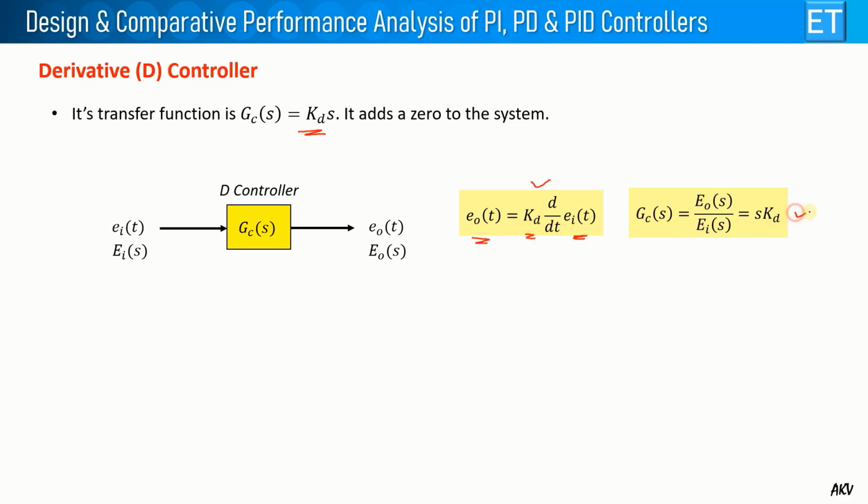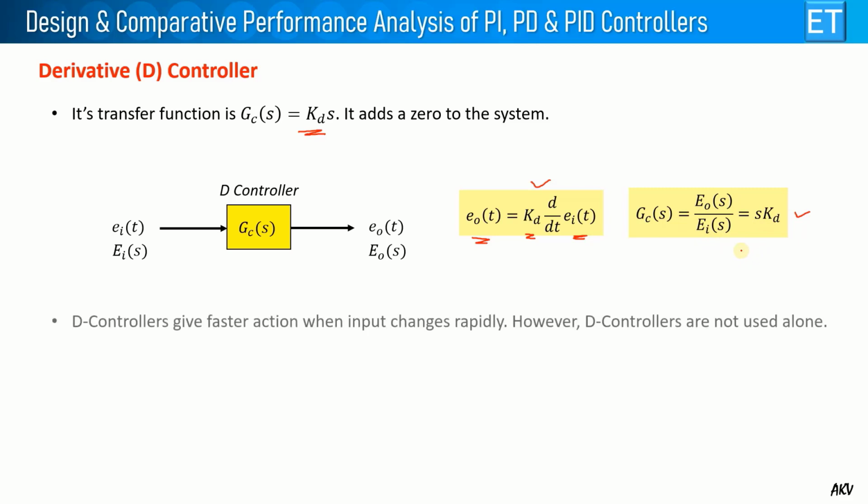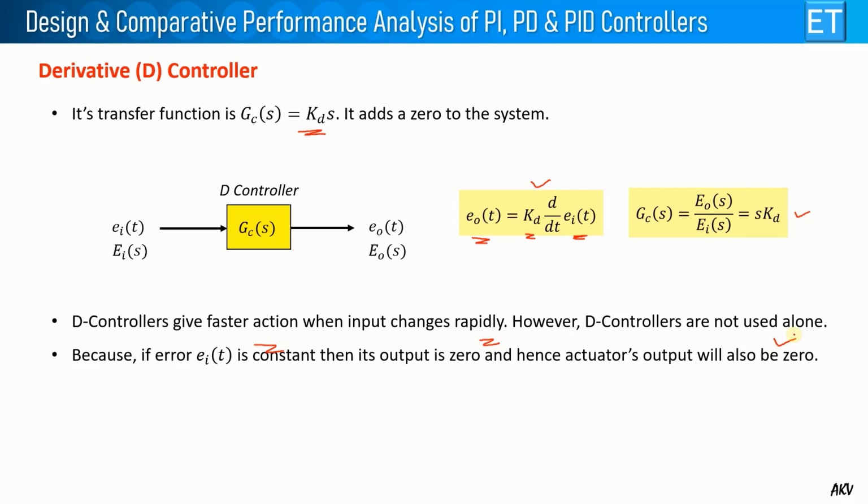And this is in the frequency domain. So the transfer function G_C(s) is simply E_o(s) upon E_i(s), that is s K_D. So this D controller actually gives the faster action when the input changes rapidly. However, the D controllers are never used alone, because if the error is constant, suppose your error is constant,